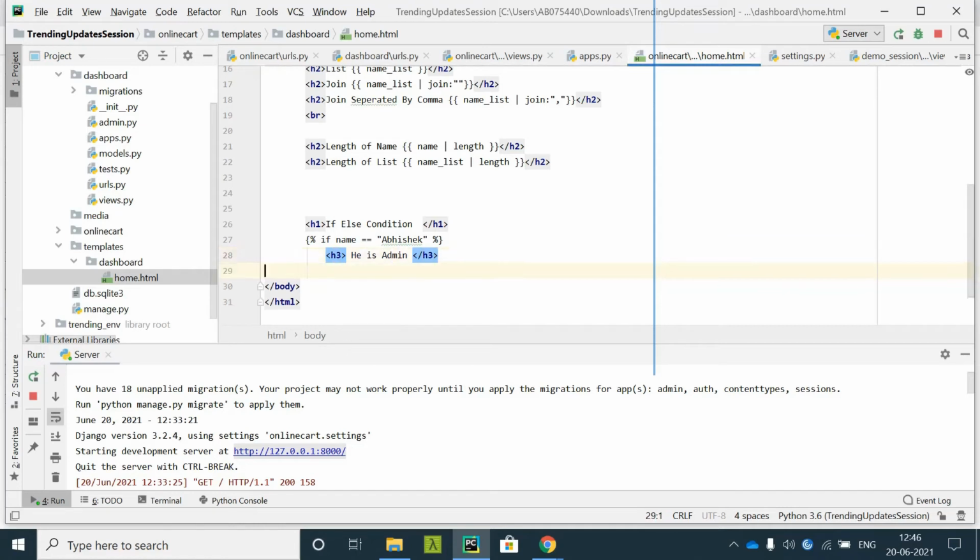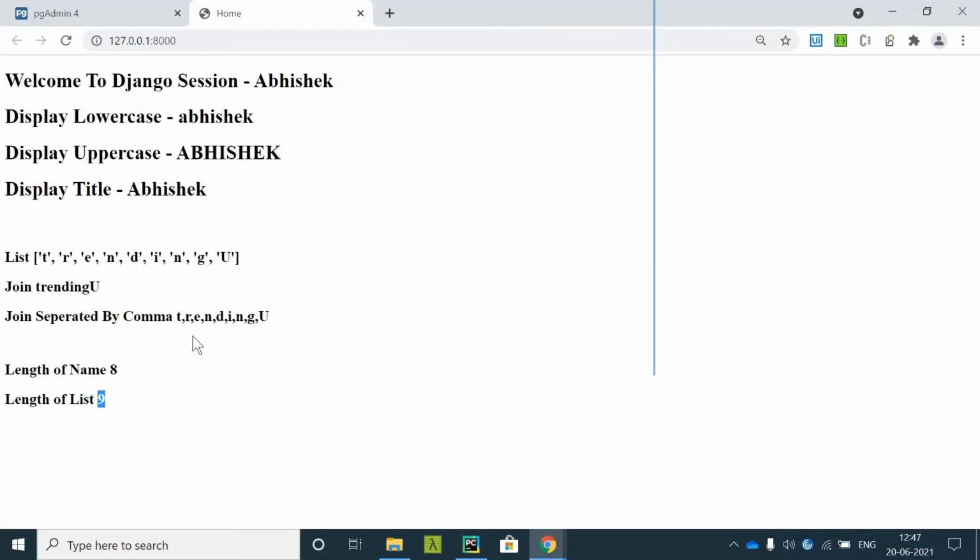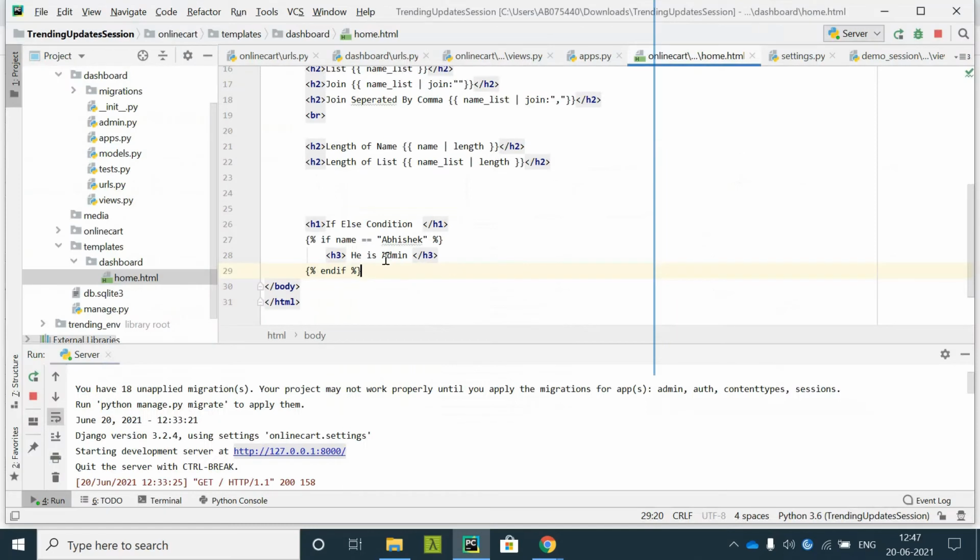You also need to type the else part. You can also use only the if statement. You should close it like this, with the endif block. If I reload this, if else condition, he is admin. You can see, based on the condition, it displayed that he is admin.